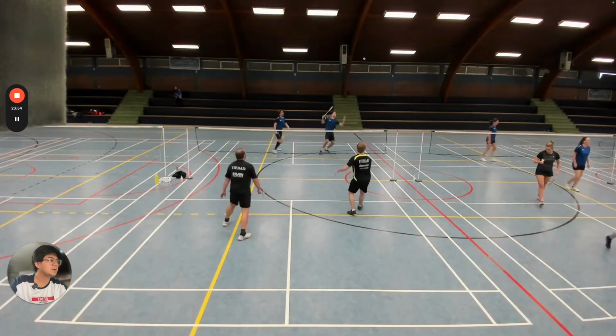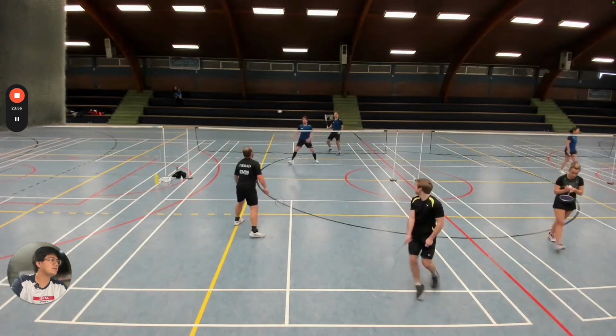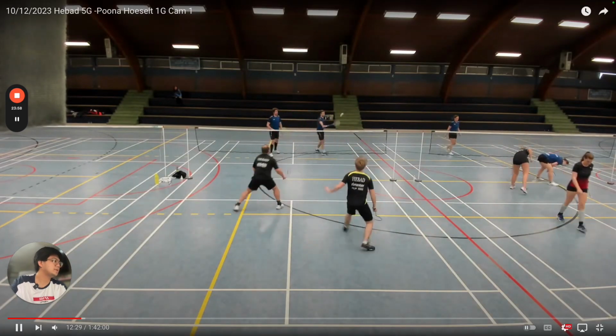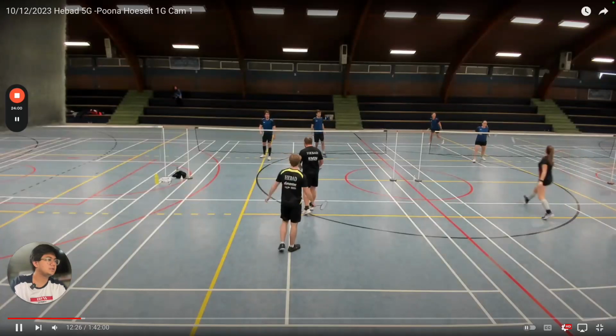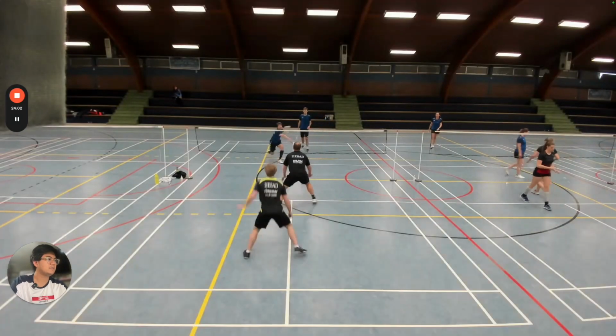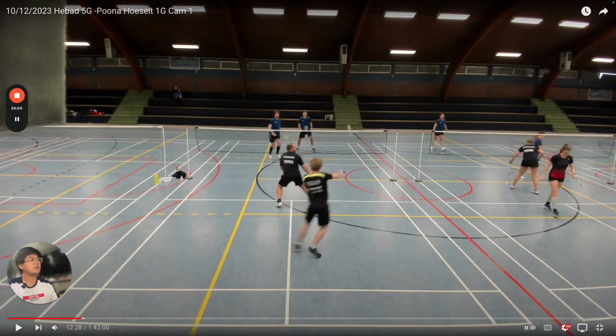Here, yeah. So there's two opportunities here to play soft, right? You're giving the attack away too easily. Even here, you get to this fairly early. There's no need to drive. You could have just played it like a fast drop into this corner. Look how huge this gap is. He's covering the cross, and he's also covering the middle slash the cross. There's no one here, right? There's no need to play it towards this guy in the back.